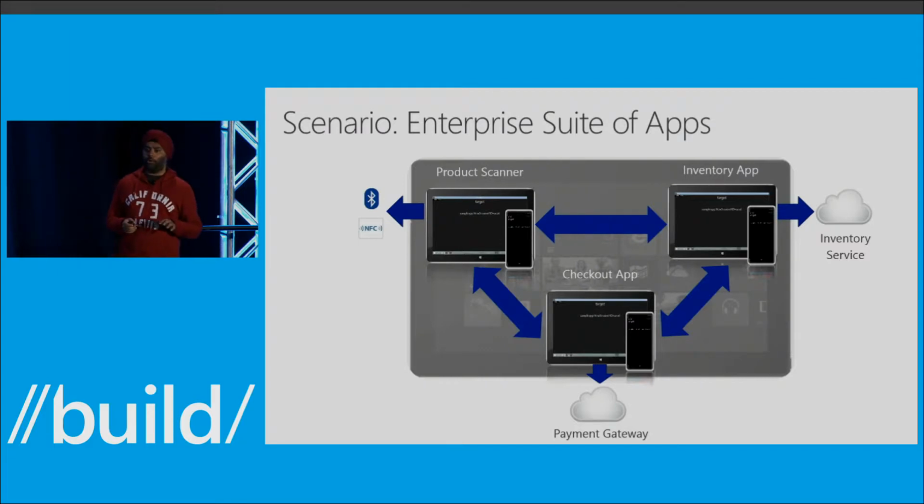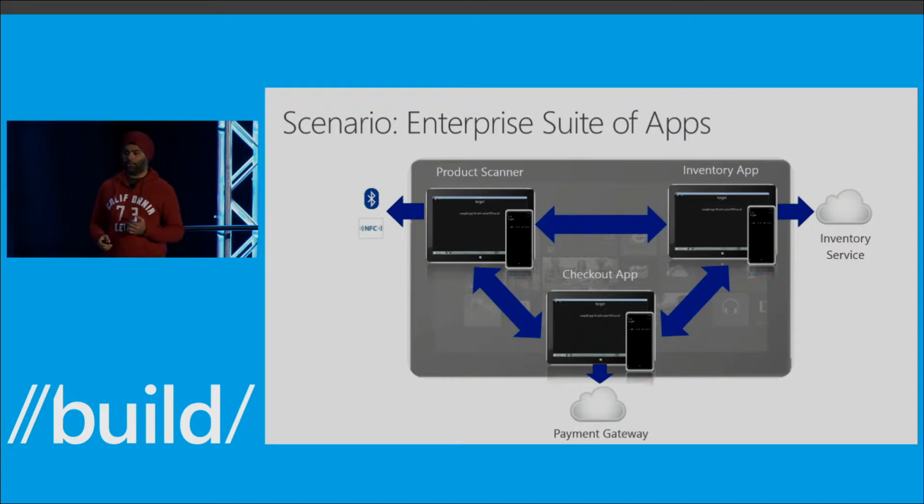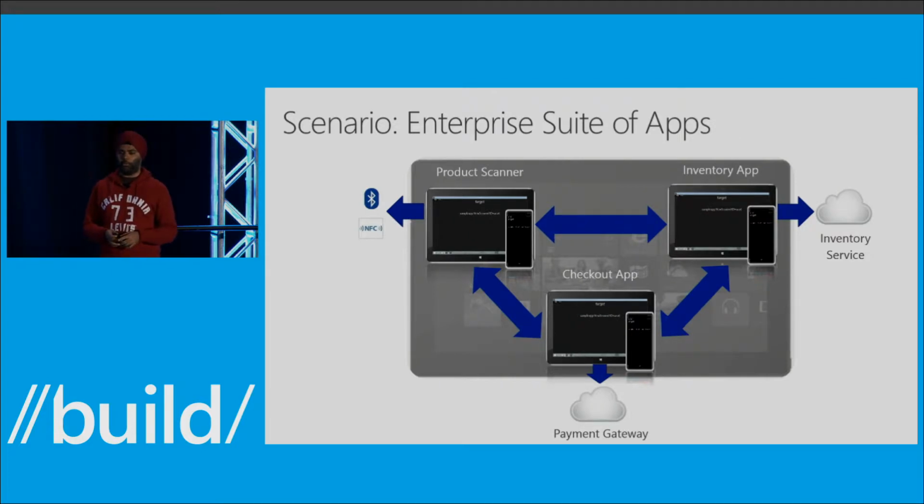The last scenario I want to talk about is really close to my heart, guys, because I spent 4 years as an enterprise consultant. Some of that doing SharePoint, but a lot of that doing mobile app development as well. And if you've been in an enterprise, you'll realize that most employees don't just get all their work done through the day using one app. They're likely using a suite of apps, some of which are custom apps, some of which are coming from other third parties. And those apps need to talk to each other to get stuff done. App services and the deep linking APIs are a great way for that to work.